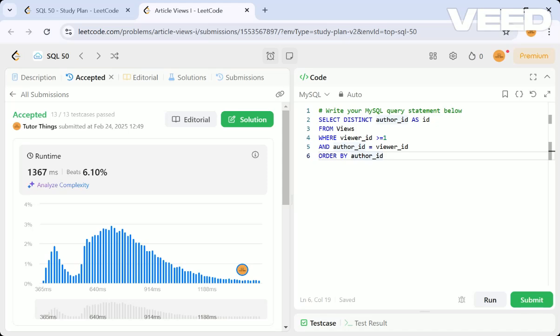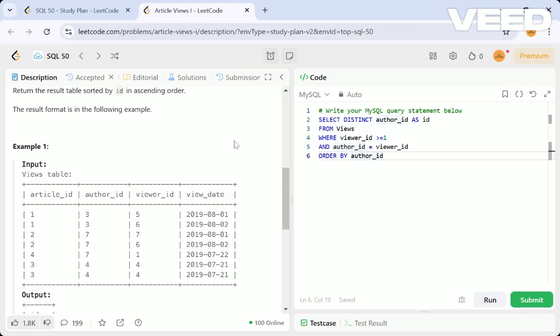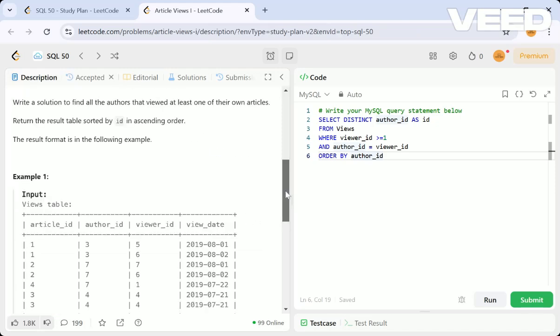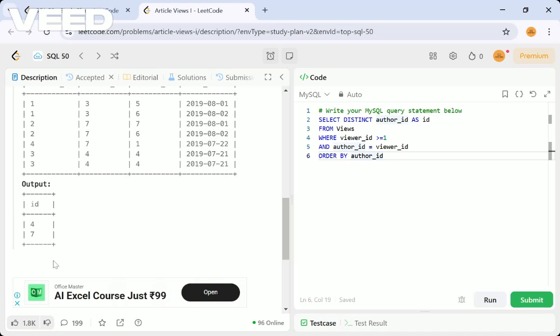One more thing is, order by sorts in ascending order only. No need to mention ascending again, it takes ascending order by default. If you want descending order, you can just mention it there. So we sort by the id, as the alias name they are telling, but we actually have to use the original id here, so that will make you understand better. So you see 4 or 7, otherwise it would give 7 or 4, because 7 is the first thing coming here, since with order by we are sorting them in ascending order.